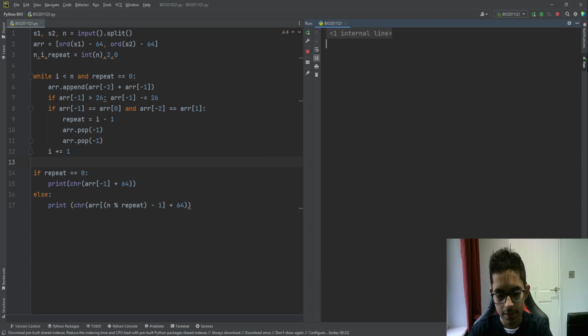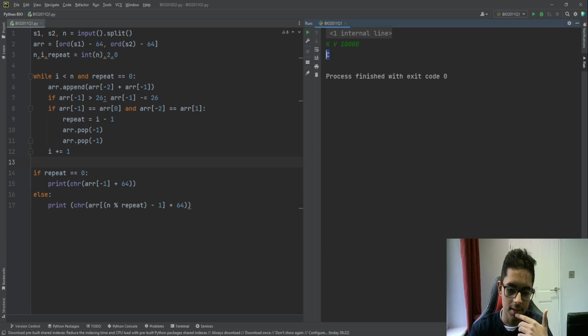And now if we test it on some of the larger test cases inside the mark scheme. So this current value has 10,000 pretty much. Now 10,000 would probably work for a brute force code as well. If we didn't have this whole repeat logic, then we would have still passed. But it currently gave C, which we can see is the same as what the mark scheme has. It is C. And now for this final one,